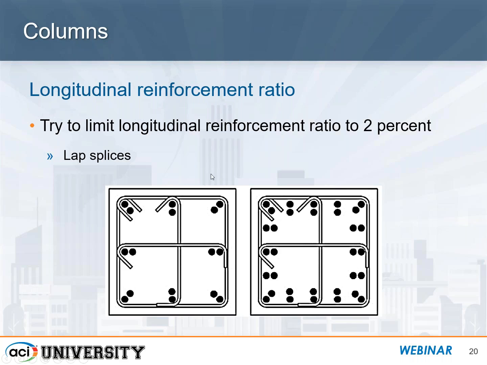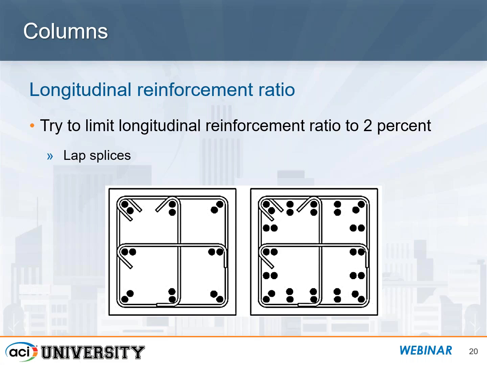So what we've illustrated here on the left is a typical column with bars around the perimeter, which are your main reinforcing bars, longitudinal bars for the column. And then these other bars that are on the inside are depicting what the bars are either above or below that particular section at the lap splice. So you can see for this situation, it's relatively